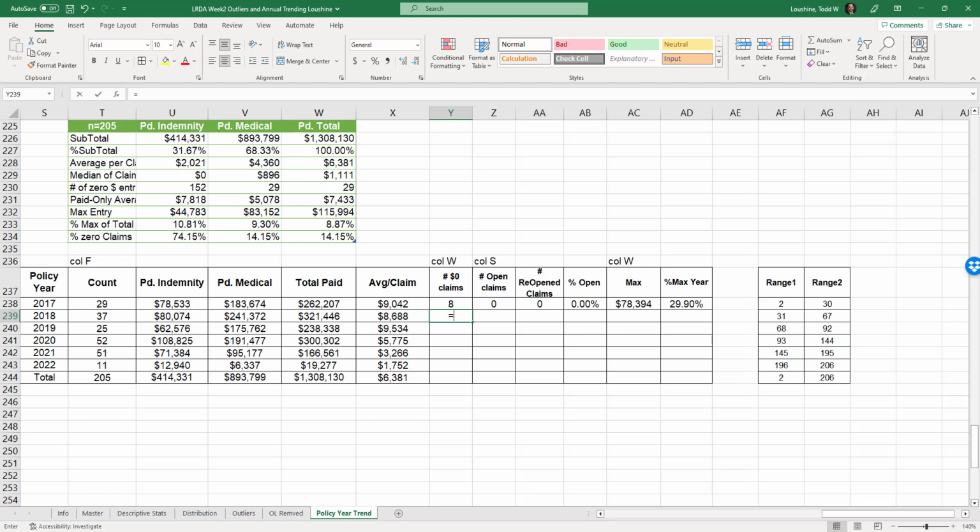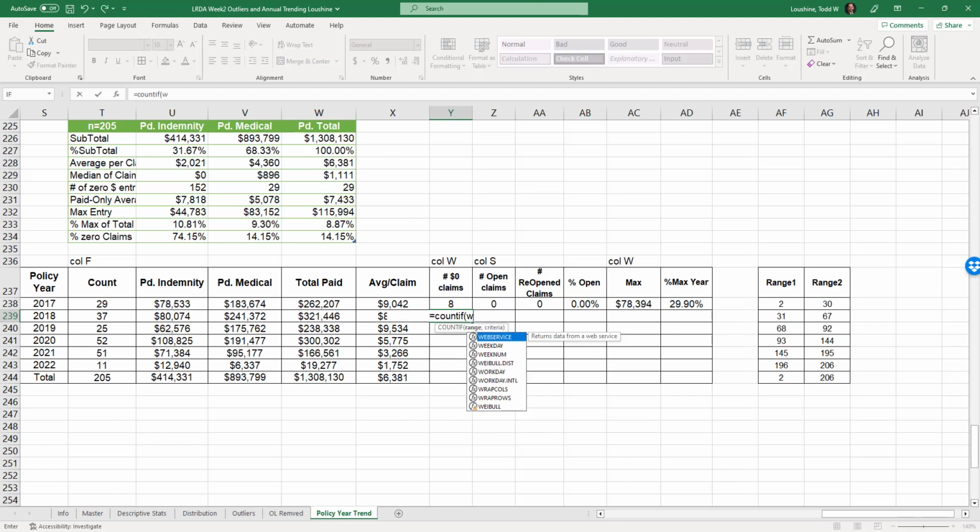All right, so this is equals COUNTIF W31 to W67 is 0. Equals COUNTIF